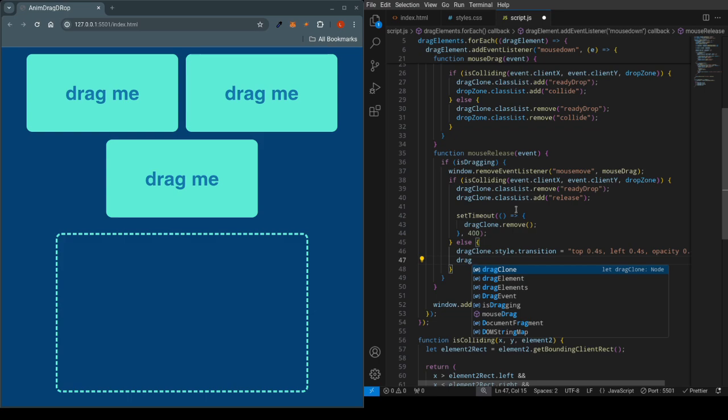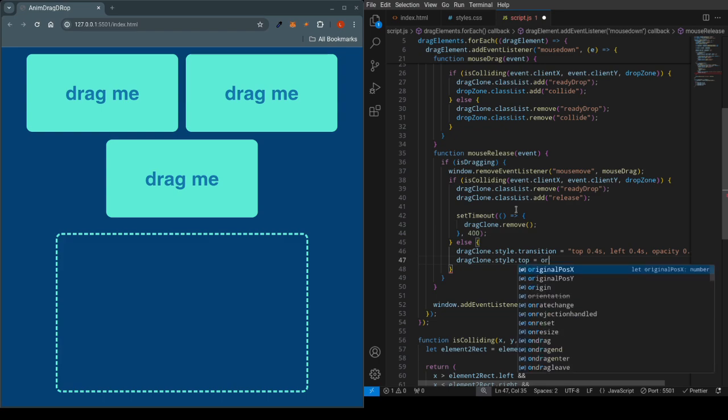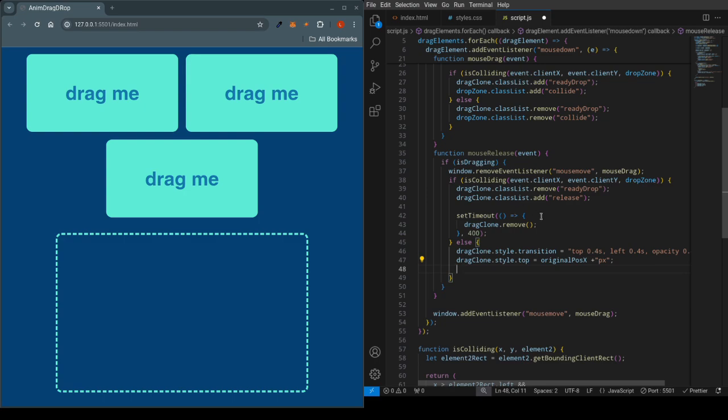The other thing that we are going to do is the drag clone.style.top. We are going to set it back to its original position that we've stored. Remember, you need to add the pixels here. And we are going to do the same, and sorry, not X, but Y. We need to do the same, but for the left. So this way it will smoothly just slide back to its place, while the opacity is also